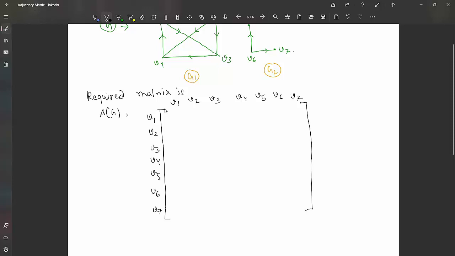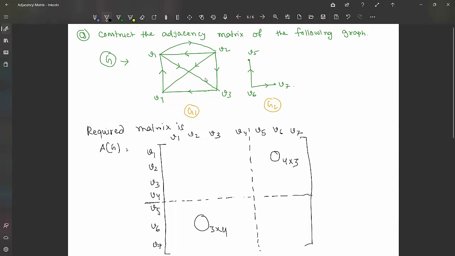Now we are drawing the separator lines with this pattern. So these are actually from V1 to V4, and another square matrix will be here. And here you will get a null matrix of 4 cross 3. Here we will get a null matrix of 3 cross 4. Okay. And we have to fill these two blank boxes with the adjacency matrix of this directed graph. So let's start